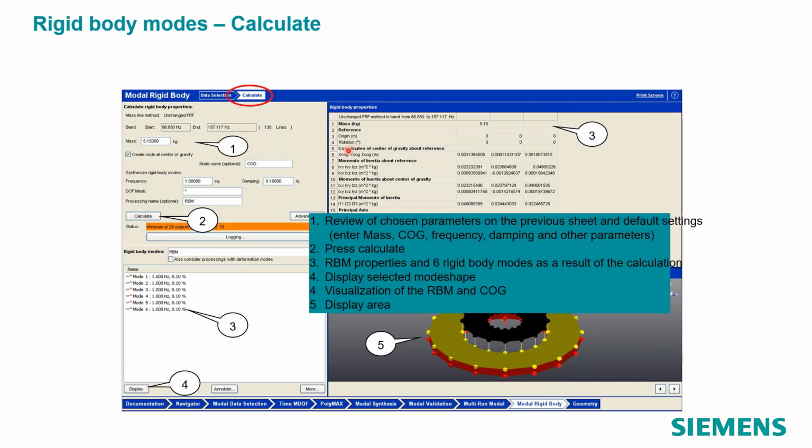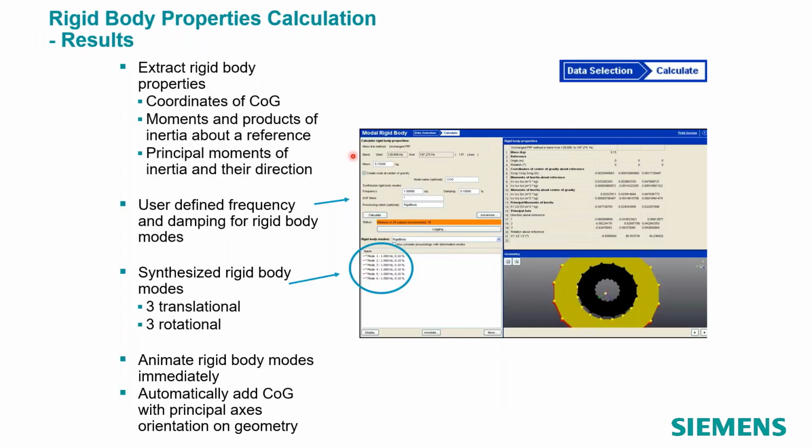the upper right corner. Okay, so here it's kind of the same thing. It's going to give you the coordinates of the center of gravity. So here's the coordinates of the center of gravity. Moments and products of inertia about a reference. Here our reference we chose is 0, 0, 0. So in this case, the reference and the origin are the same, but it doesn't have to be. I could go under advanced and I can tell it whatever reference I want. And then we can calculate the moments and products of inertia about that reference instead of the CG or instead of the origin. And we also give you the